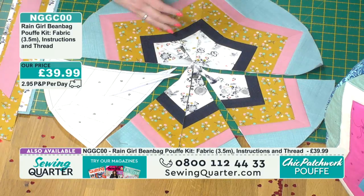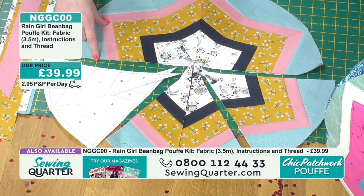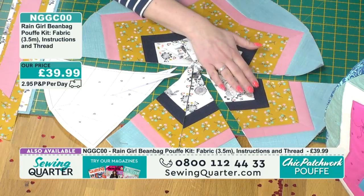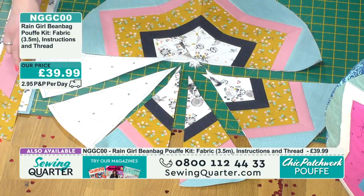It's not overly complicated, but it takes a while. So I've pieced the top from 12 different pie segments, let's call them. 6 facing one way and 6 facing the other way. I've done 6 at the top here that I've joined together. And then I've done 1 pair here that I've joined so that you can see them. There's 2 more that this is what they'll look like when they're finished, and then the 2 paper ones that